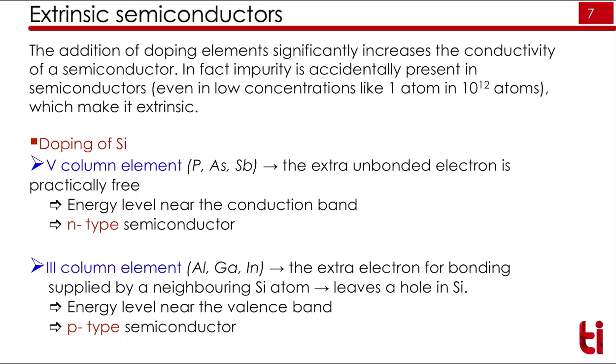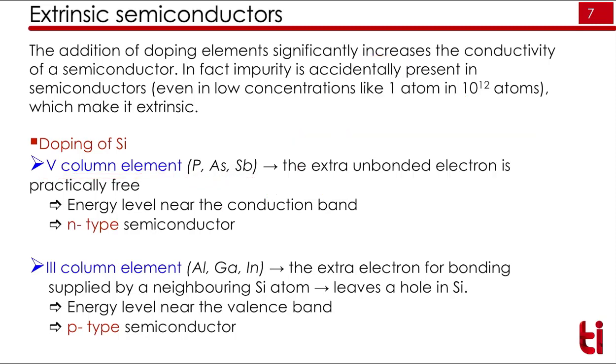Intrinsic semiconductors have very few applications owing to their trend in conductivity. There is no stable curve. That's why we cannot use intrinsic semiconductors for practical applications. For practical applications, you have to use extrinsic semiconductors, also called impure semiconductors. Even if you add one atom per 10 to the power 12 atoms of the parent atom, that we call an extrinsic semiconductor. We can add two types of elements here. First is a fifth column element: phosphorus, arsenic and tin.